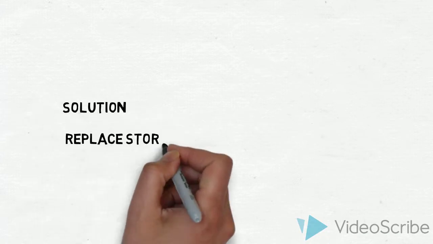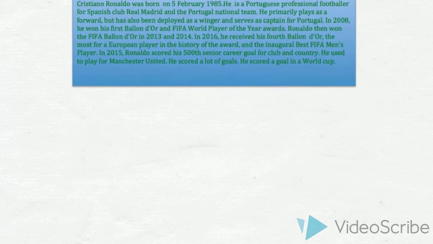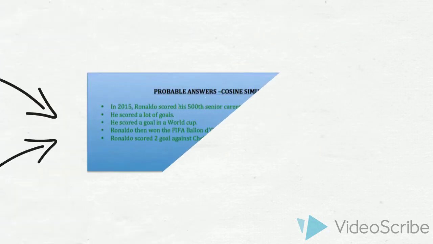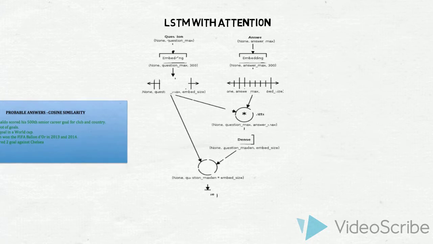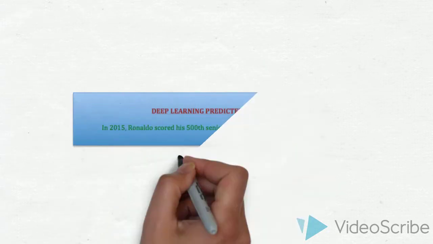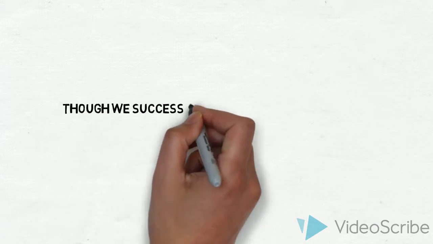We came up with an alternative approach to tackle this. Rather than feeding in verbose and noisy paragraphs, we pre-compute a few candidate answers based on their cosine similarity. Each of these candidate answers are fed into our modified LSTM network with an attention layer. The output for this layer is a softmax dense layer with the probability of it being the answer to the question. Whichever sentence returns the highest probability is considered to be the best matching answer. If none of the answers indicated sufficiently high probability, the answer from the baseline model would be taken into consideration.